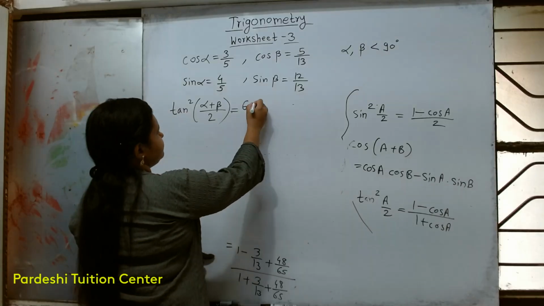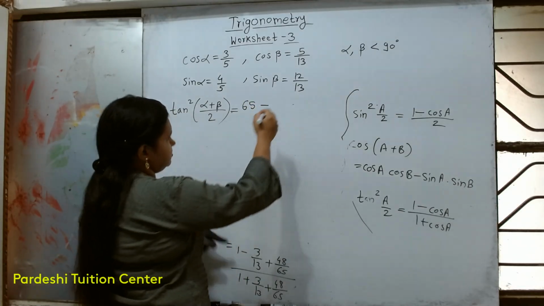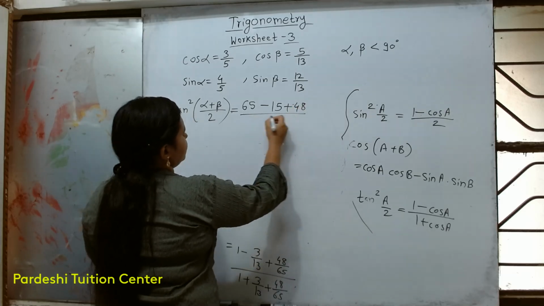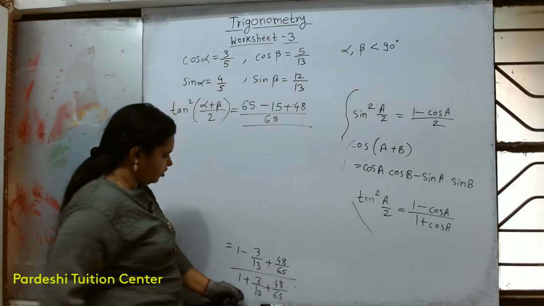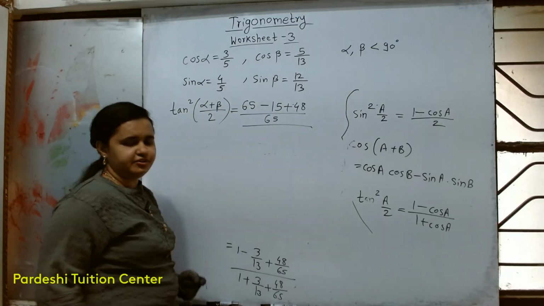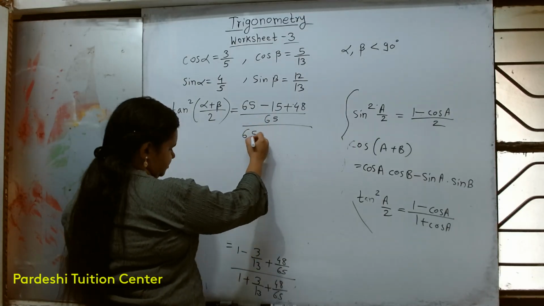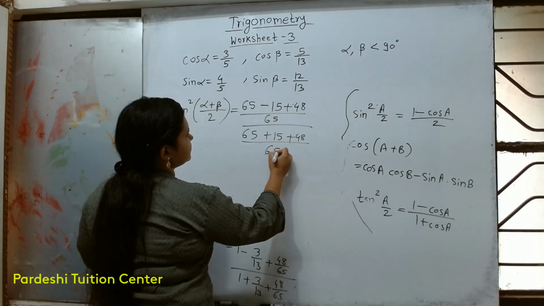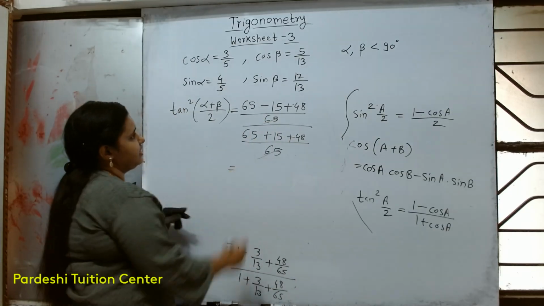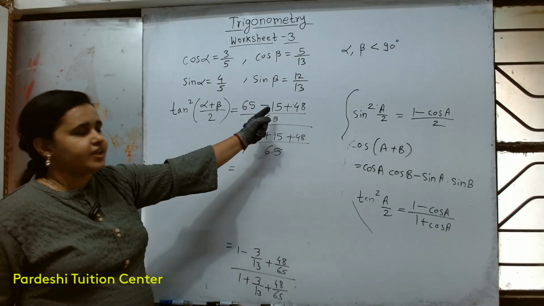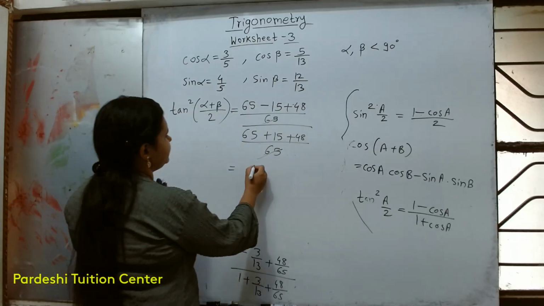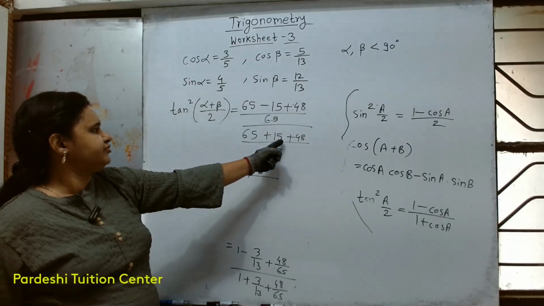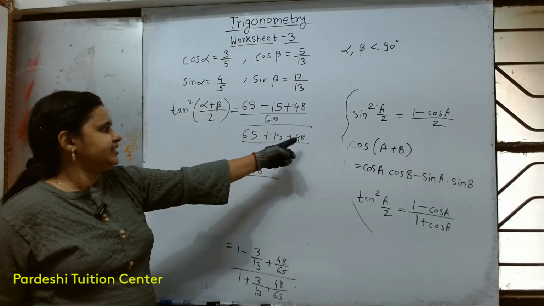It will be 65 minus 15 plus 48 upon 65, upon again LCM is 65, so 65 plus 15 plus 48 upon 65. 65 will get cancelled and 65 minus 15 is 50 plus 48, that is 98, upon, now again 65 plus 15 is 80 plus